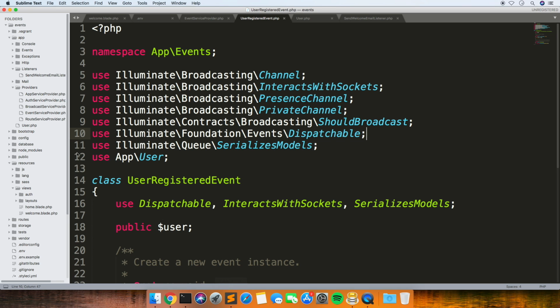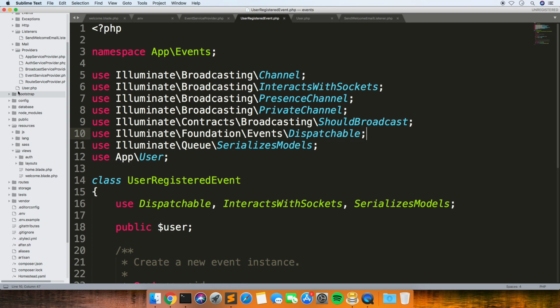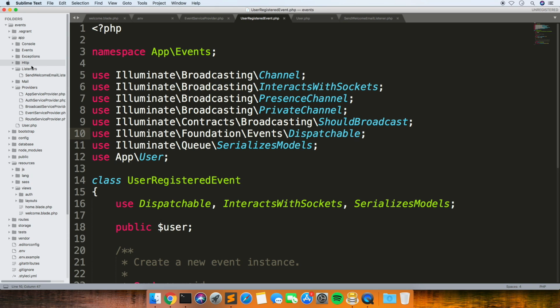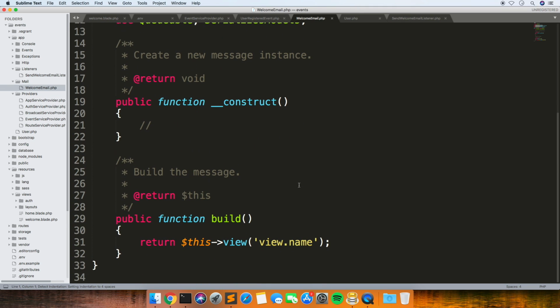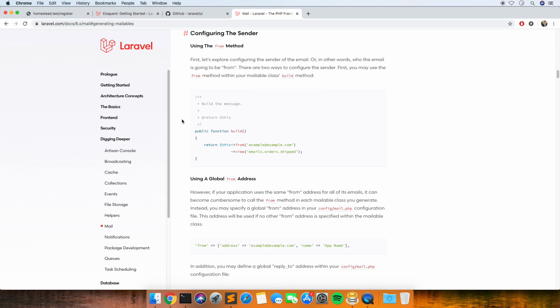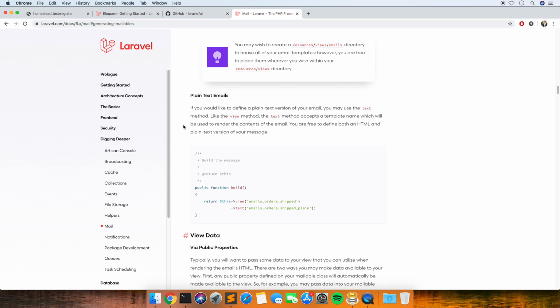Right, so let's have a look at this mail that it's generated. So it's just in this mail folder. What I like to use is Laravel's built-in Markdown emails, which makes it really easy to create a nice looking email without having to do a load of inline styling. I'm not sure if you've ever done emails before, but you have to do everything inline and it's just a pain. So Laravel has a built-in Markdown function.